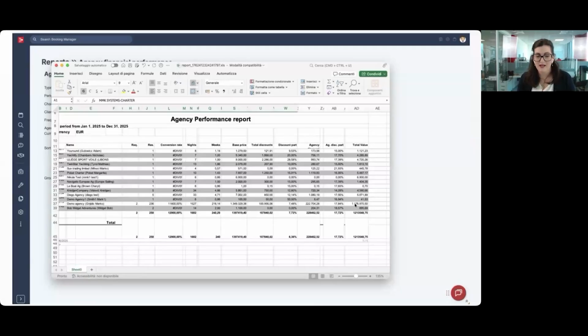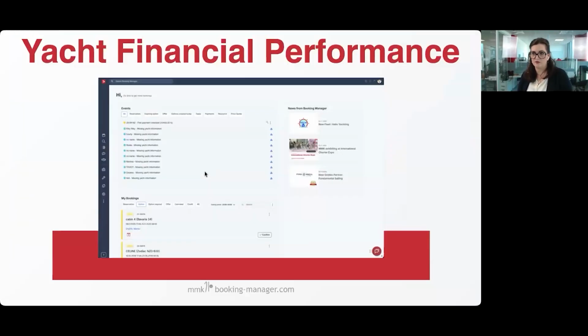Okay. Next, it's very similar, is the yacht financial performance. So you are now planning your boat acquisition. Okay, you already started probably in Cannes, but till Dusseldorf, you are in the buying season. There's Lagoon Days coming, if I saw well. So this yacht performance allows you to check which boats performed the best, so you can make a decision if you are expanding the fleet, to add one more catamaran or a monohull,